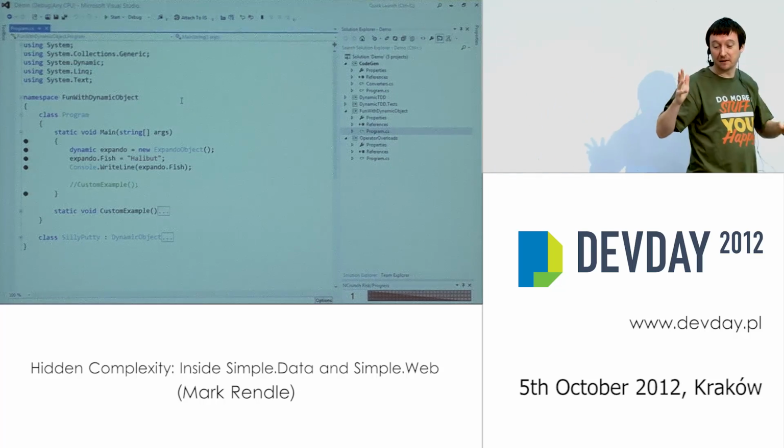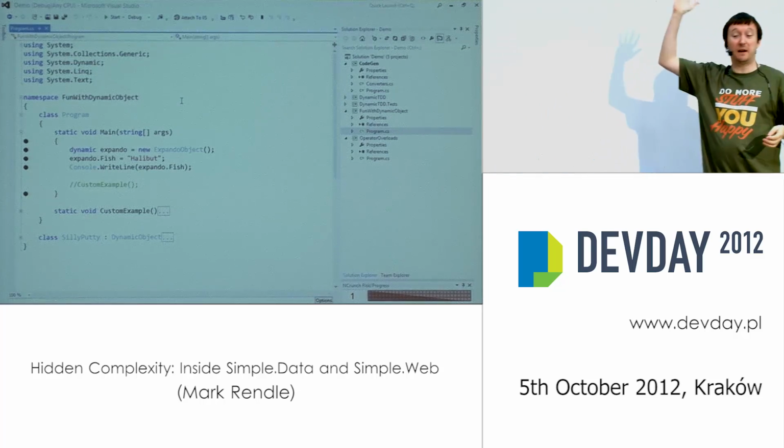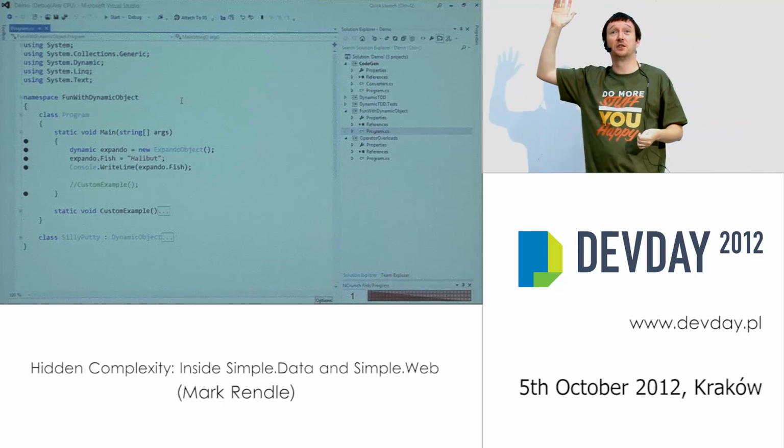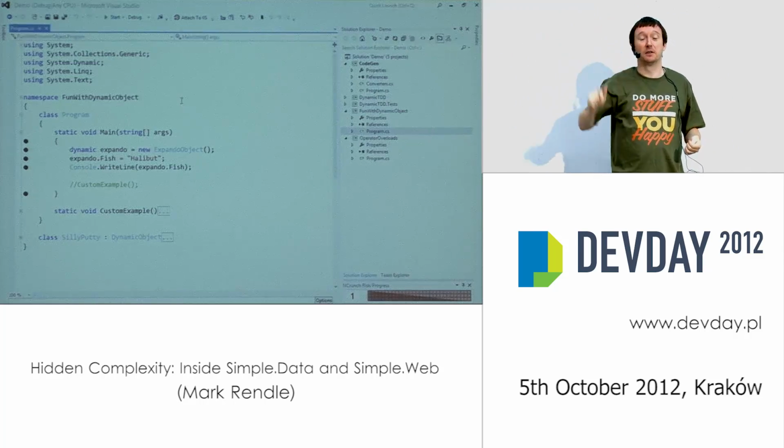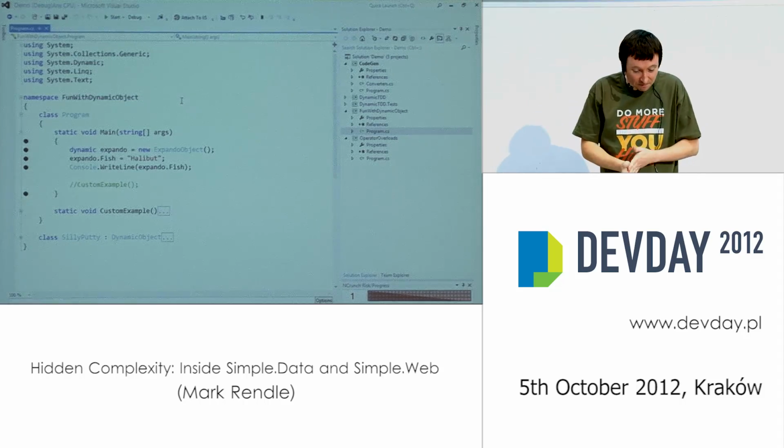So here, is the code big enough, by the way? Have I set my font size large enough for all you guys at the back? You don't care, you're just whispering and passing notes anyway. So